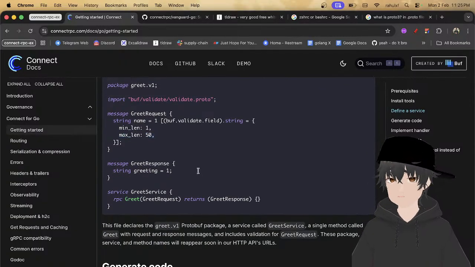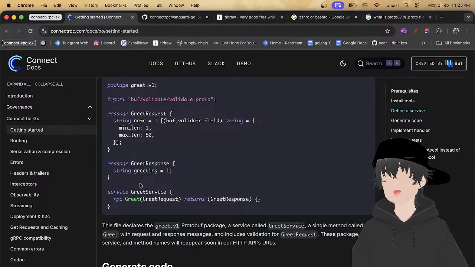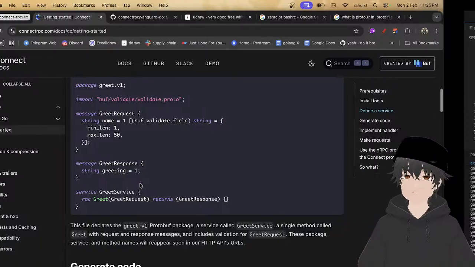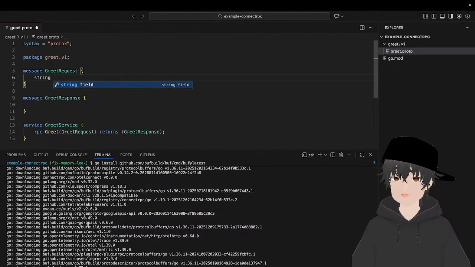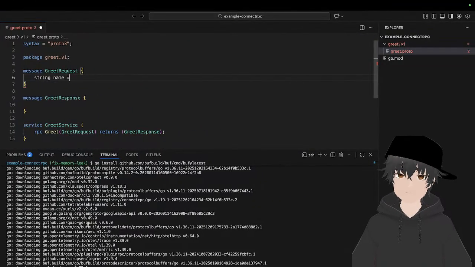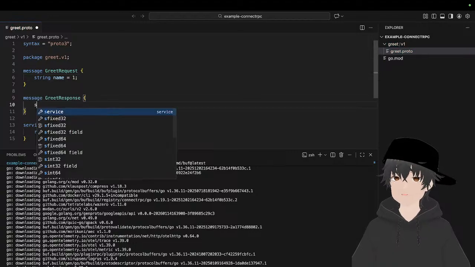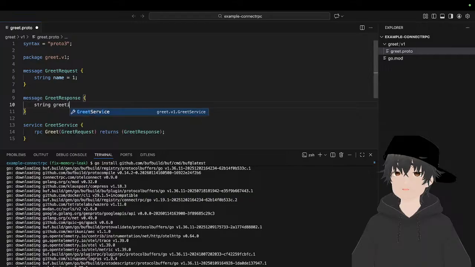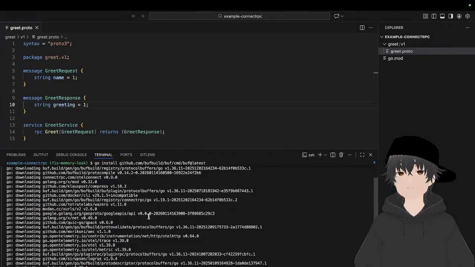And the response gives you a greeting string. So you take a string, and that string takes a name. And here it takes a string greeting equals to 1 again. So this is the whole thing.